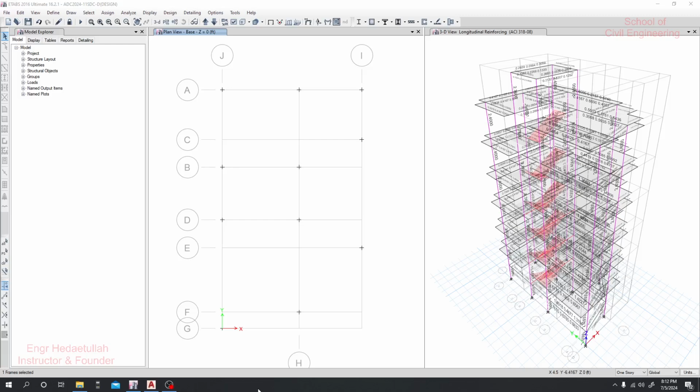Dear engineers, we have completed the ETABS modeling and the final analysis. Now we'll go for the structural detailing of our column. To complete the structural detailing, or if you want to create a working diagram for our column,